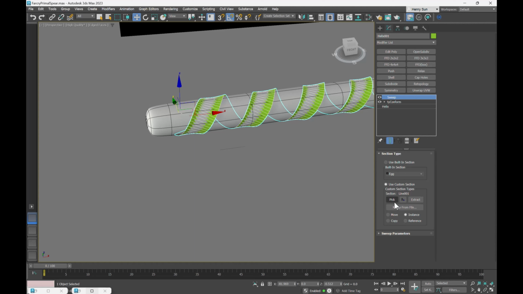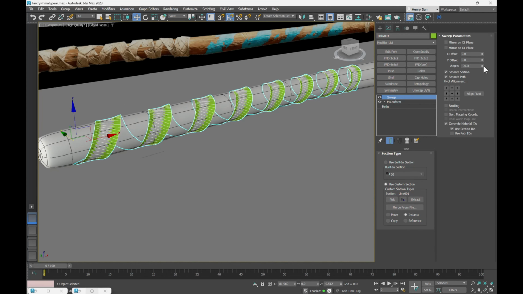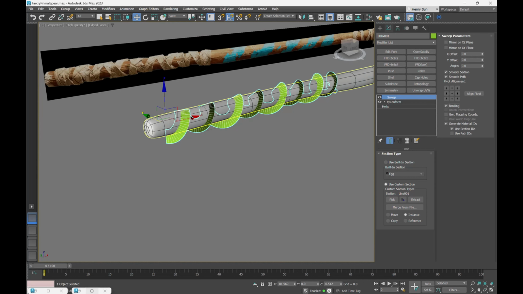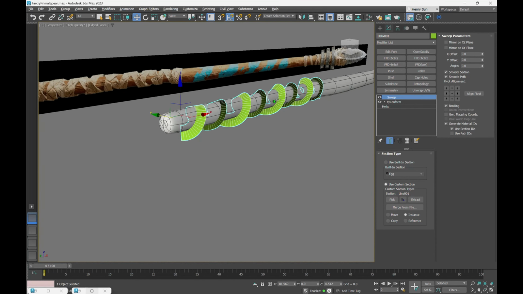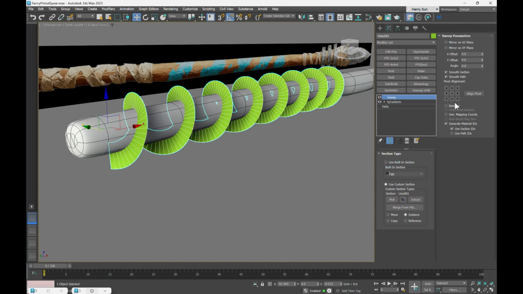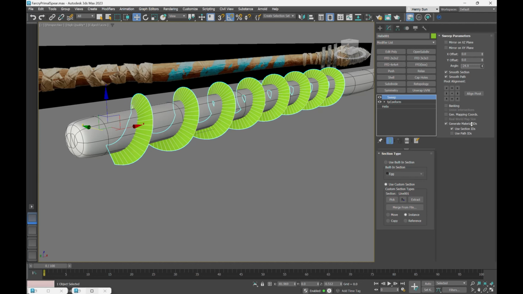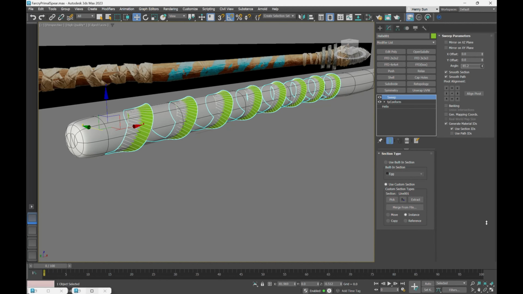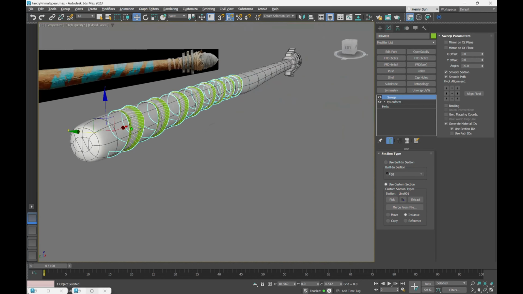Great. So by default yours might not look like this, it's probably looking a bit more like this. So in the sweep parameters, we want to make sure banking is turned off and our angle is set correctly. We're looking at about -90 degrees, so I'm just going to punch in -90. And this is what we have. So nice,